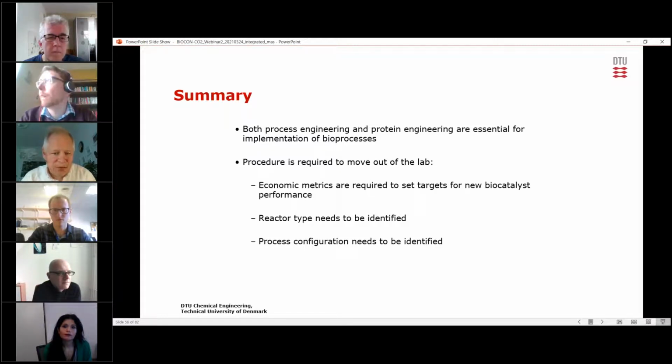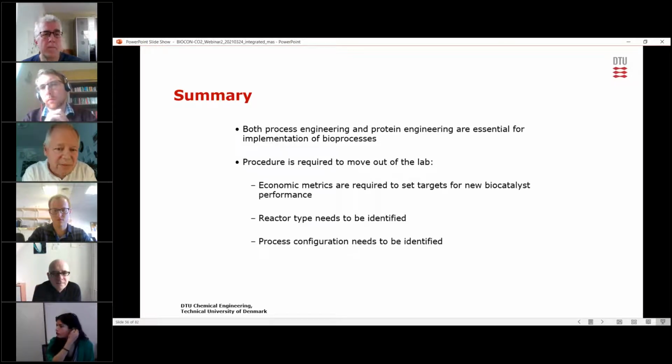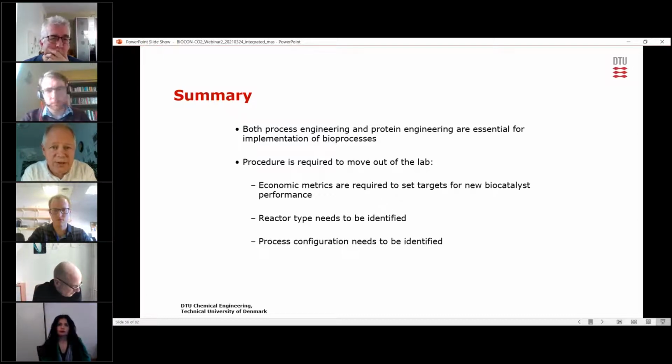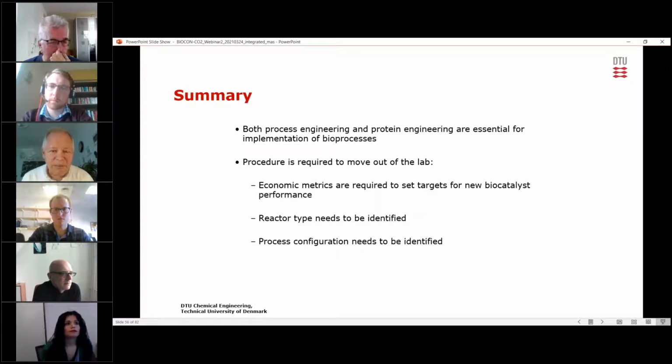So the procedure for moving out of the lab, as I see it, is to make economic metrics, and they're required to set some targets for the biocatalyst performance. We should try to get our biocatalyst as close to that before we start to really scale up. Otherwise, we have the challenge of trying to get a better biocatalyst at the same time as also trying to get a scaled process. The reactor type needs to be identified, and then the process configuration needs to be identified